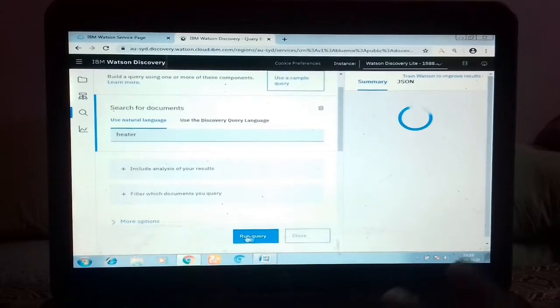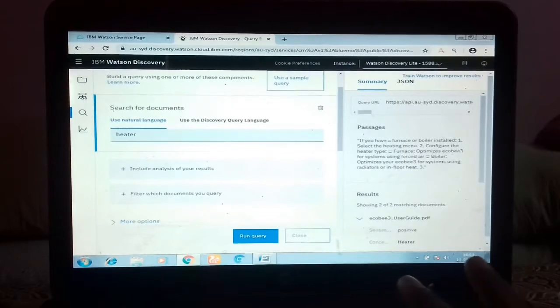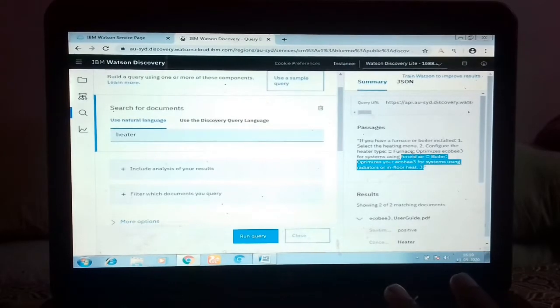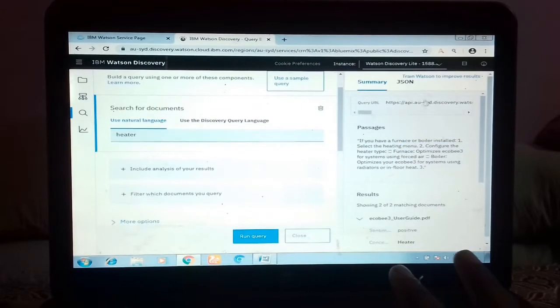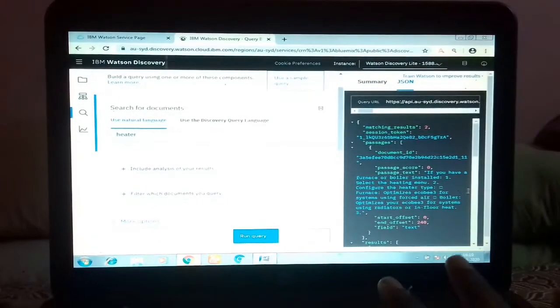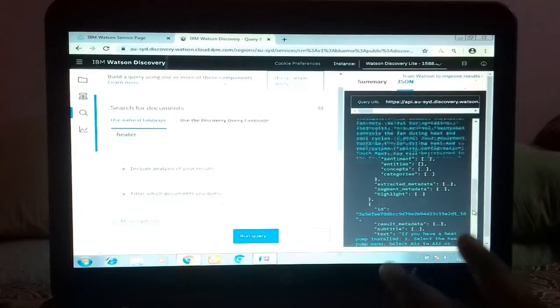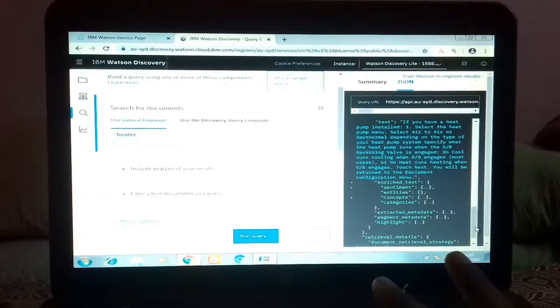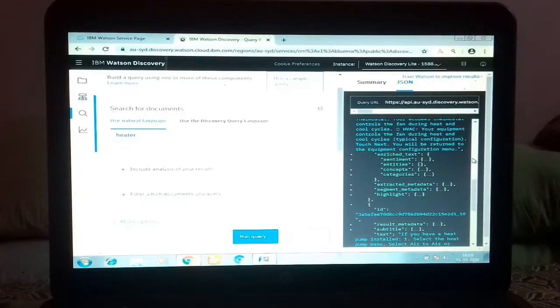After that, the result will be like this, which gives a small result which is very accurate. This is the JSON file which is configured with the document and gives the result. These are the two results of the Watson Discovery.